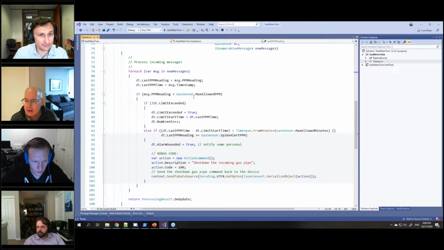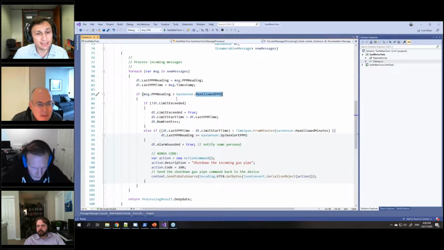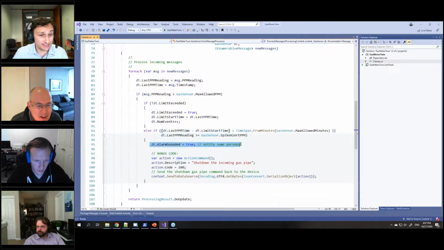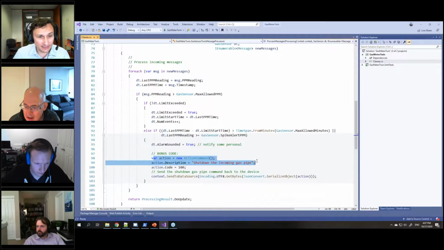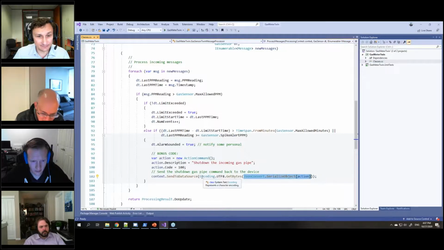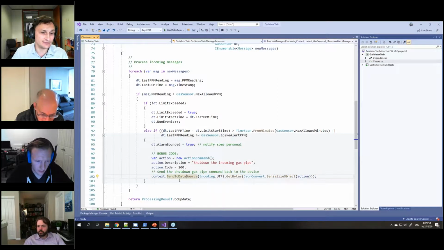You're going through the messages. If you exceed the threshold, it triggers the processing within that condition, which again takes into consideration the spike and the duration of the interval you monitor. And at the end, you raise the flag, or you send the message to the data source in C#. It's just a few lines of code, the same as in Java. So you serialize the class to JSON, extract the bytes, and feed it to the send to data source,